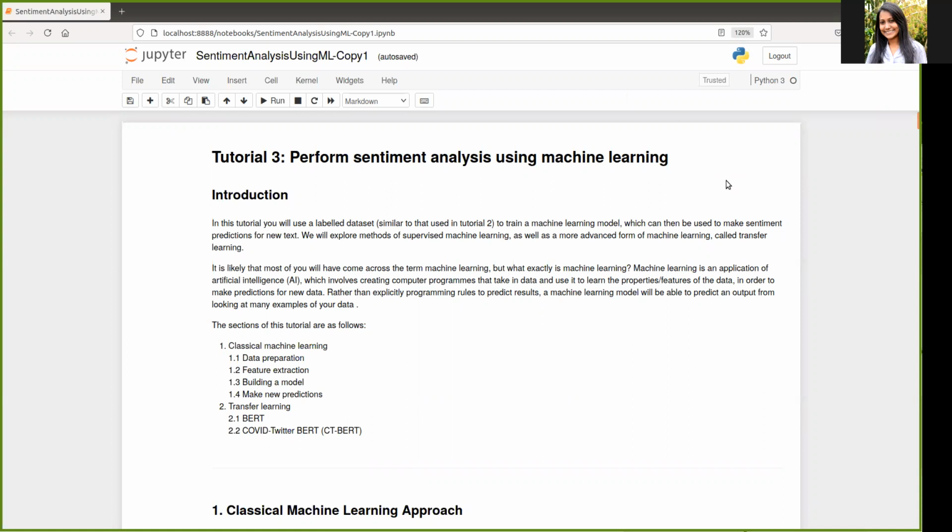So in the second tutorial, we showed, using existing Python toolkits, a very simple form of sentiment analysis, which in some cases can be useful, but obviously there are advantages to using machine learning. It's a lot more sophisticated, a lot more powerful. Okay, so